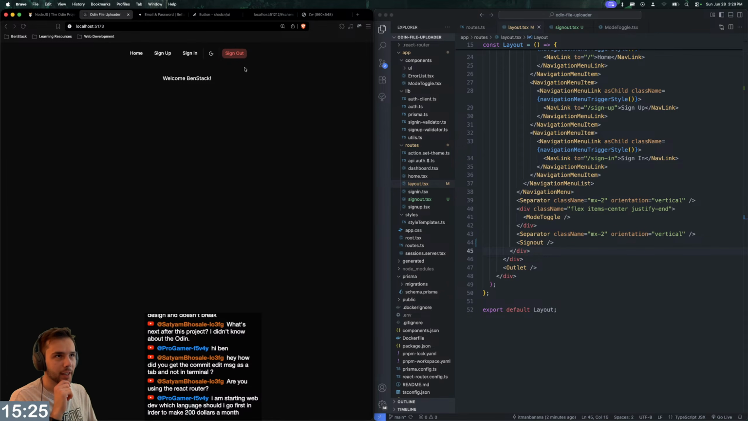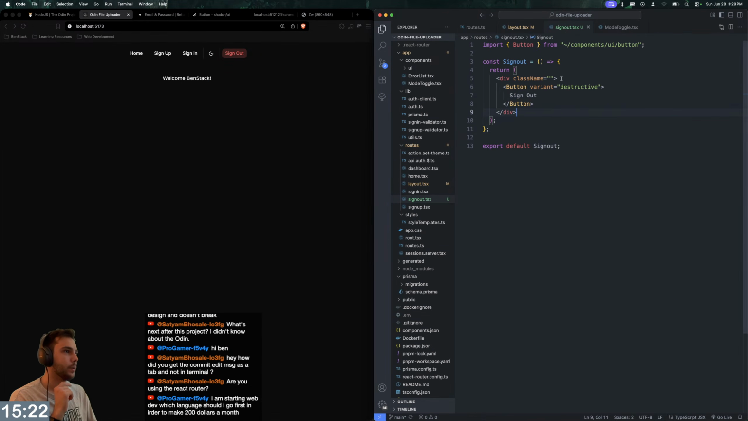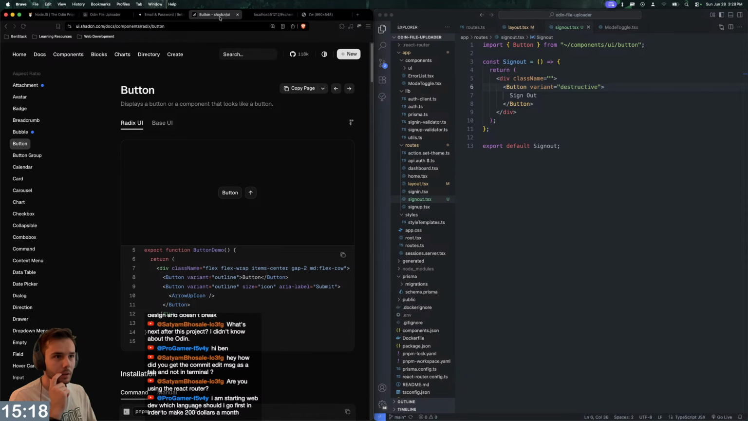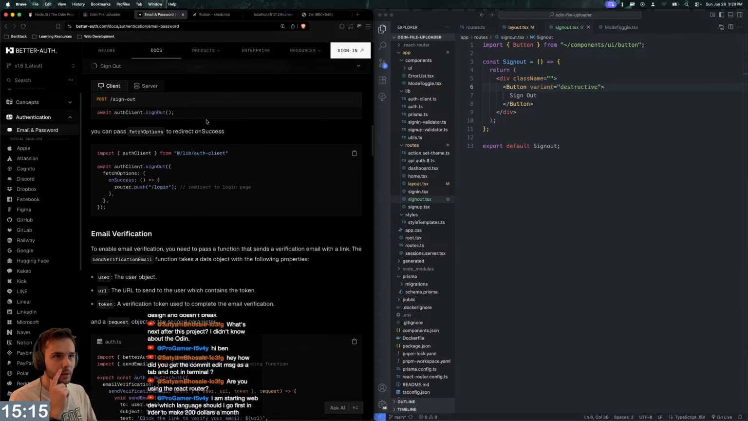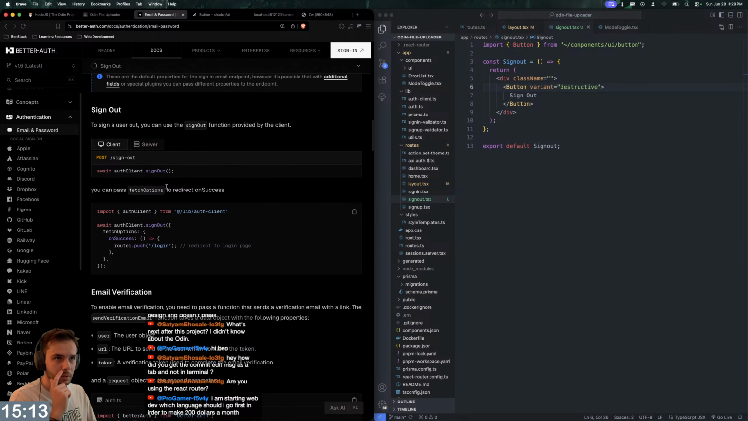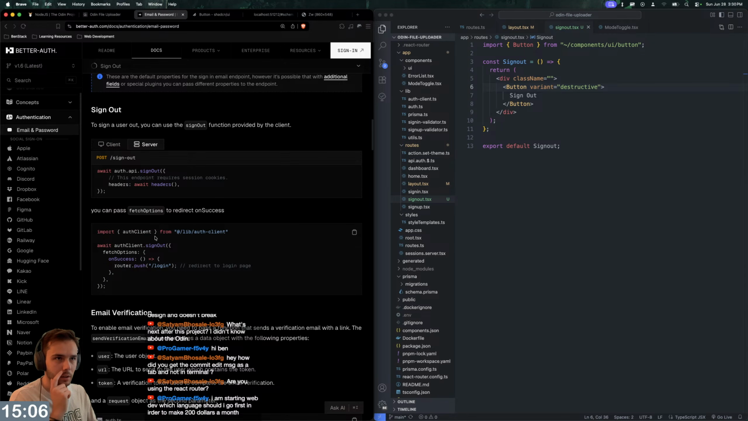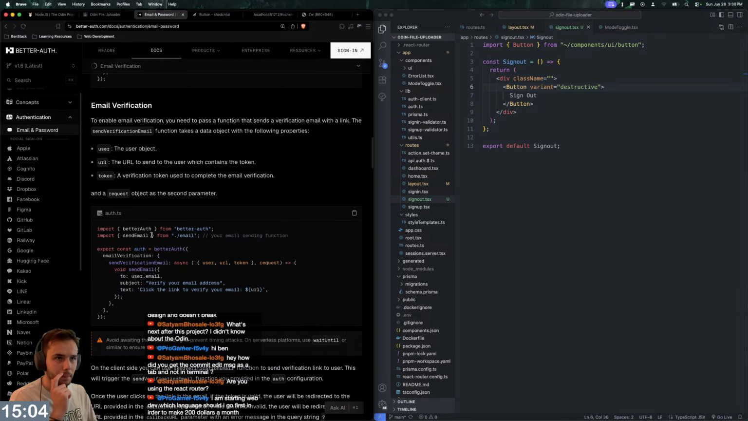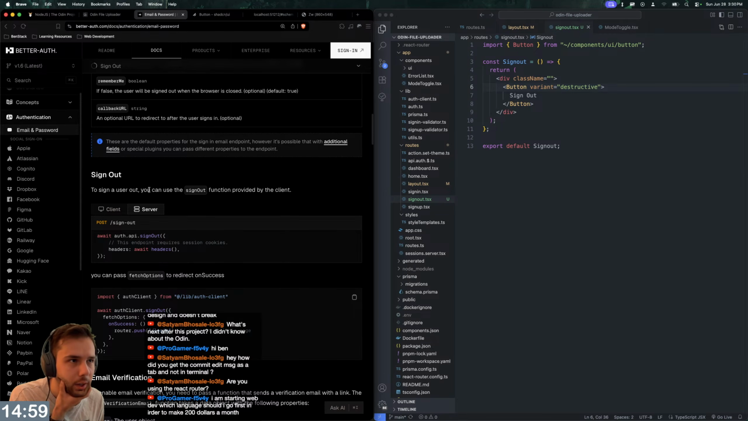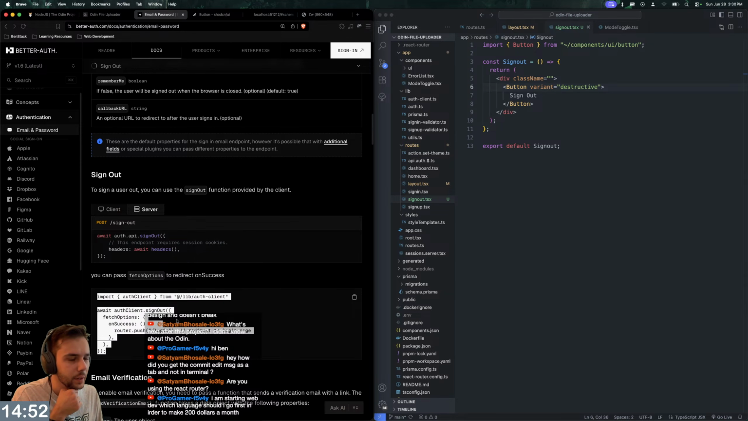And so now when we click this, we should be able to sign out. So we can do that in here. And then I need to go to the documentation. Okay, so this is the server side. So it's email verification, sign out. You can use the sign out function provided by the client. So I think I just need to basically put this inside of a